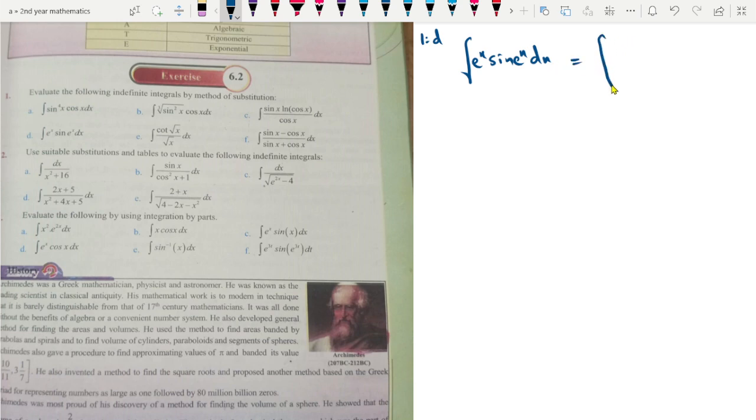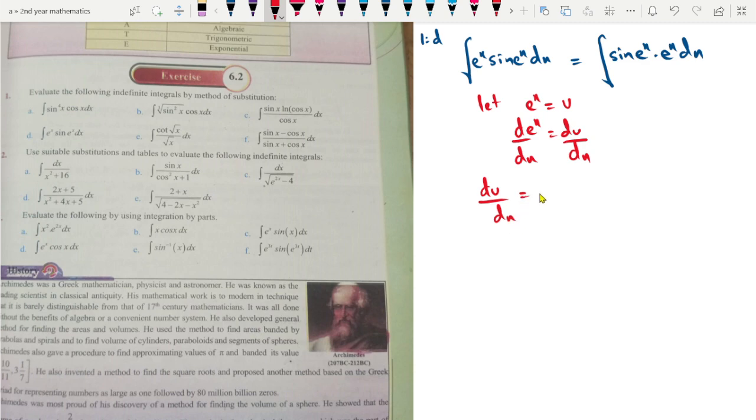I can write it as sin(e^x) · e^x dx. Let e^x = u. Then du/dx = e^x, so du = e^x dx. In place of e^x dx I can write du, and here I can write u. So this becomes the integral of sin(u) du, which is equal to